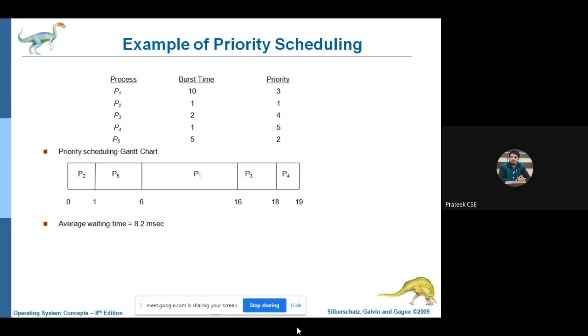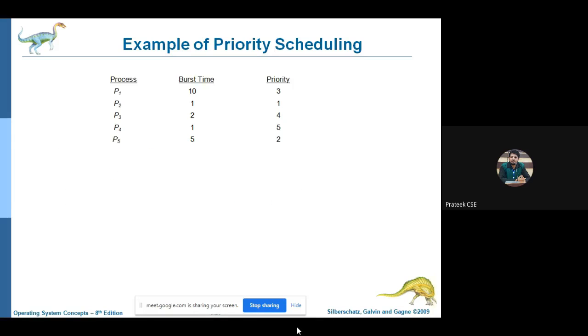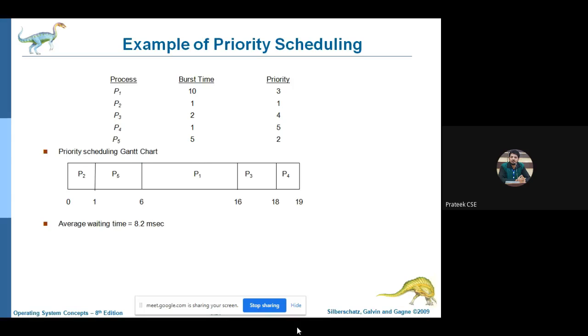Initially process P2 has the highest priority, so it will be executed first, followed by P5, then P1, then P3, then P4. They have directly solved this average waiting time, which is 8.2, and we also got the same average waiting time when we solved it. So this is how we have to work with priority scheduling, and the non-preemptive version I am not discussing. You can just take